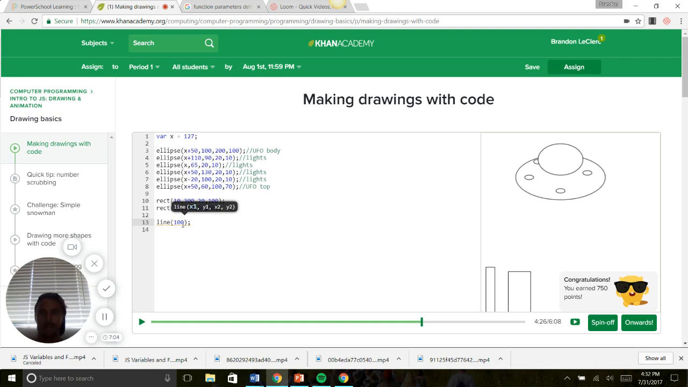So I'll do 150, 180 as a starting point, and then I want it to end somewhere near the top of this building. So I'll say that's like 70 pixels over and then like 300 pixels down. All right, so it looks like the UFO is shooting a laser at the building. Pretty cool. Another function that is pretty useful is setting the background,